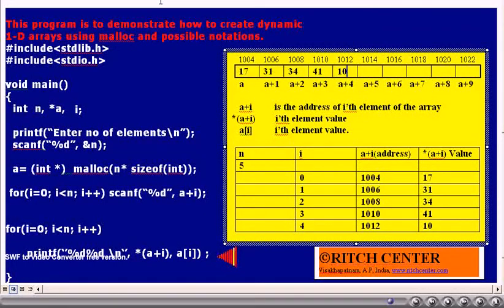The printf statement uses both star of a plus I and a of I to demonstrate that it gives the same results. Thus, we may get results 17, 17, 31, 31, 34, 34, 41, 41, and 10, 10. Like this, array elements can be accessed if the array is dynamically allocated.